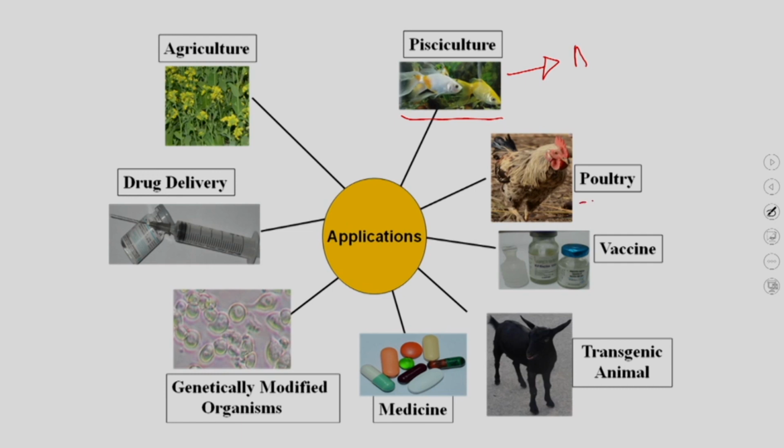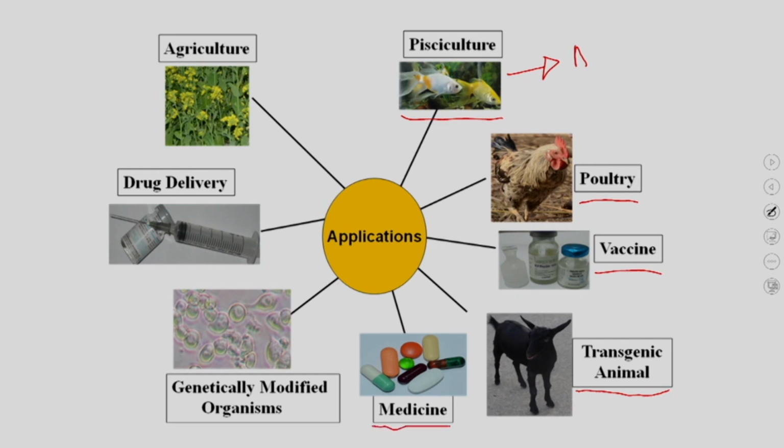Then you can also contribute in terms of poultry with the help of vaccines and different types of diagnostic tools. You can control the diseases in poultry farms, and that is how you can increase the productivity. Earlier, if you had any disease or infection in the poultry, it spread very fast into the whole colony, and that is how you had losses. Then they developed different types of vaccines, which we have already discussed. Then they have developed transgenic animals, which have a role in providing new traits to existing animals.